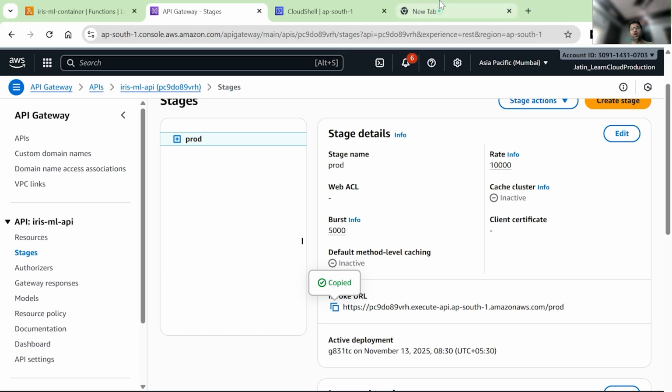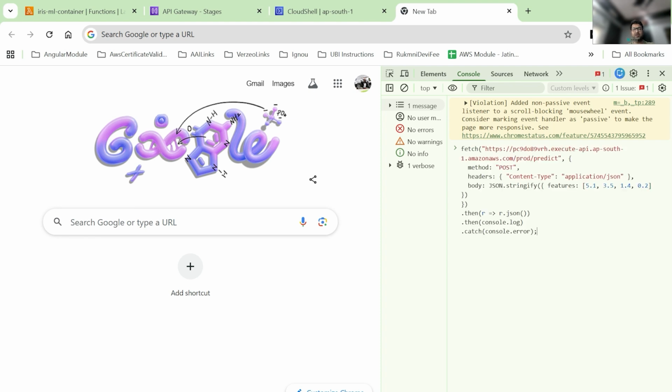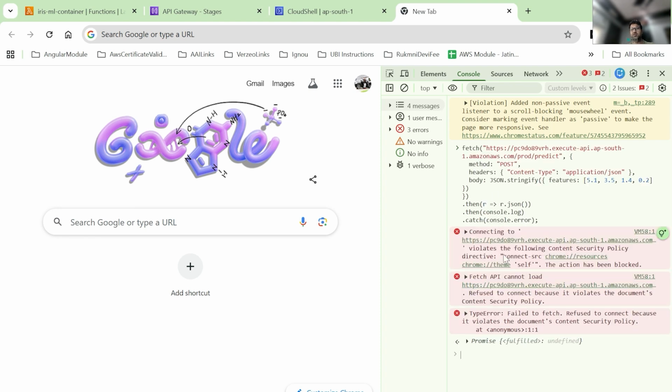Let's see what result we are going to get. Press enter. I'm getting some issues with respect to violating the following content security policies. So these are the browser security policies. It has nothing to do with your API request. Whatever you are passing here, there is nothing wrong with that. It is basically some policy violation in the browser. So how can we test it in a very correct manner? I wanted to show you this intentionally, because even if you land in this error situation, for testing purposes,